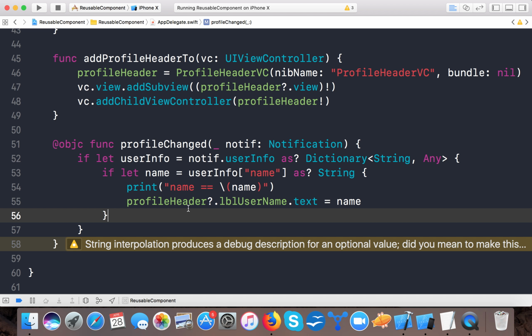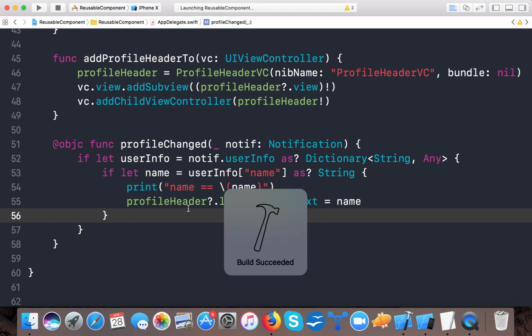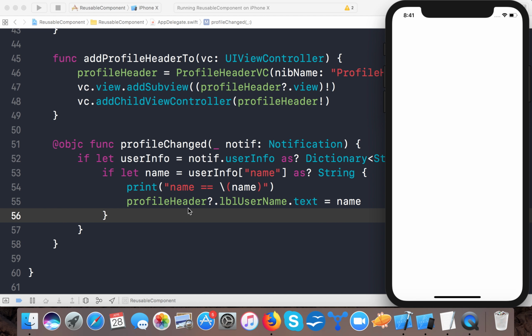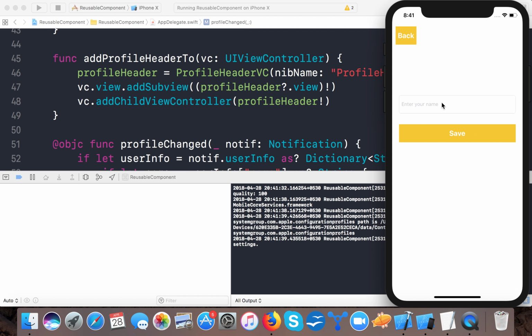So now let's run, and see if it has worked quite well or not. The build has succeeded, and whenever we type some text in the text field it should display here. So here is edit profile, you can go to the detail screen, and here edit profile, and if I go here and tap here,